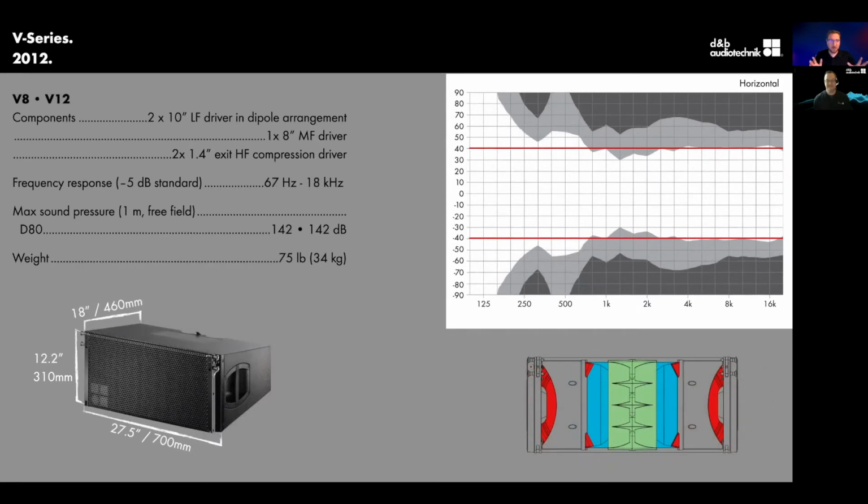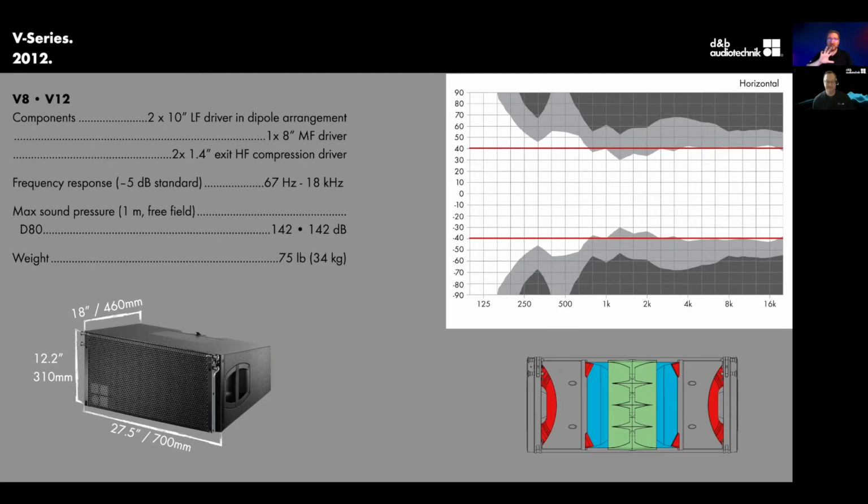Now the V series is a significantly smaller cabinet than the J, only 75 pounds. However, it controlled down to that same 250 hertz. And that is going to be a combination of that same double dipole that you have with the mid frequency and the low frequency, as well as some additional technologies that we learned and incorporated into the V series, as well as having a very similar SPL output. Not as low frequency response, but it's a small cabinet. Don't want to ask too much from it.